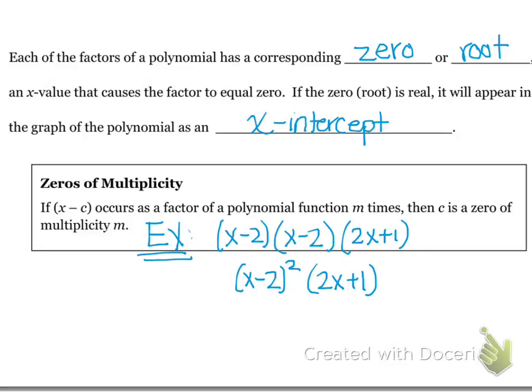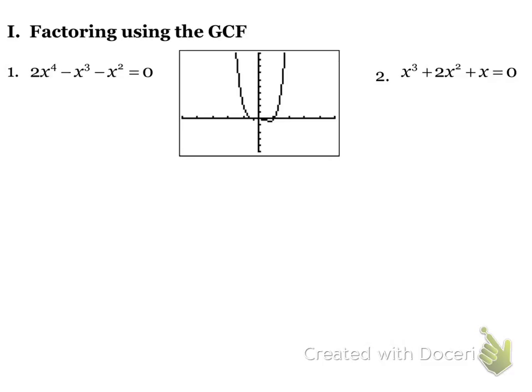Now, there are many ways to factor a polynomial in standard form, so let's begin with that. The first method is factoring using the greatest common factor, the GCF. So we're going to factor number 1 using this concept, and then the graph to the right also corresponds to number 1, so we're going to match up what we get and compare it to what we have. Okay, so my GCF for all three of these terms is going to be x squared. So that means I can take out an x squared, which is essentially dividing each of those terms by x squared. So we're left with